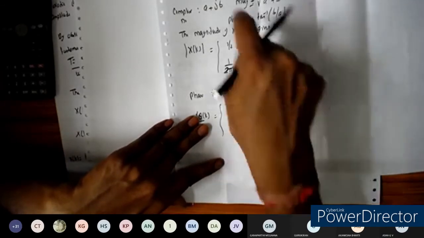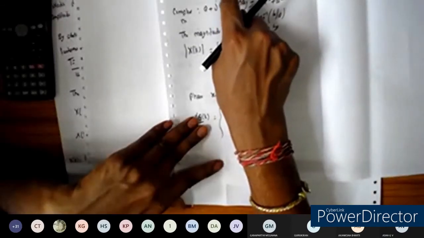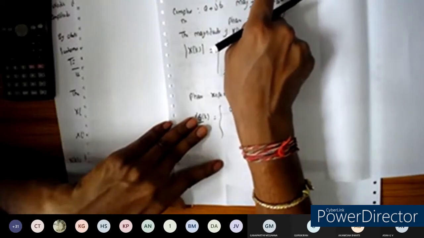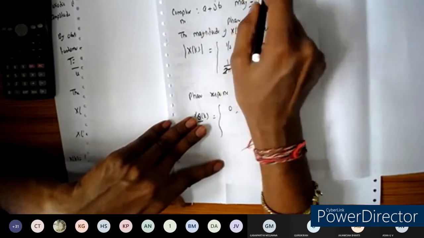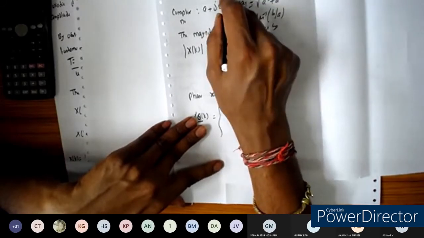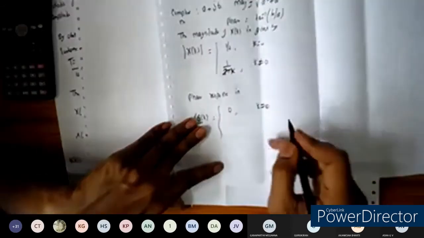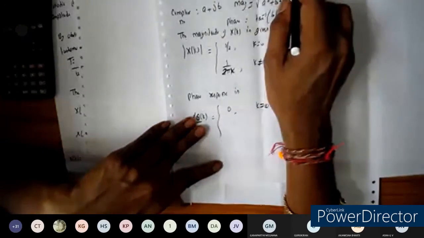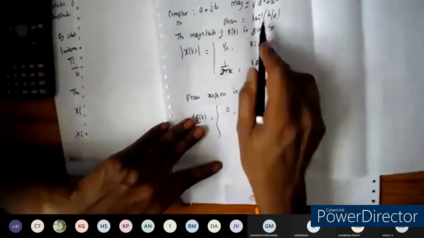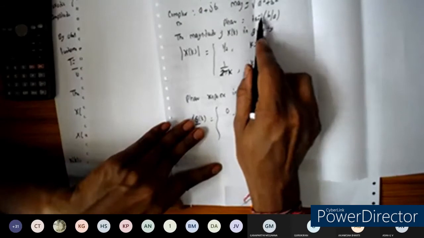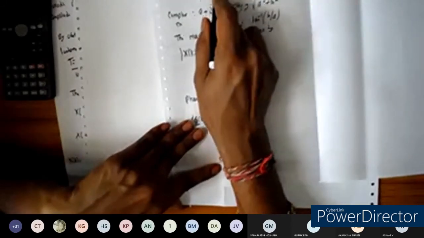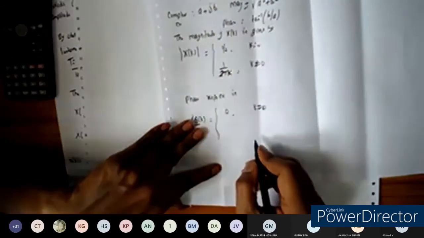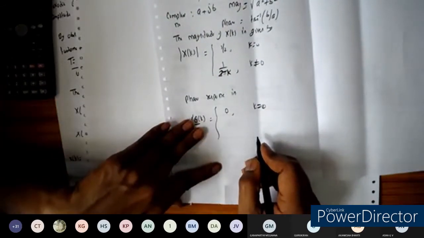So next one we have j2 pi k. For k not equal to 0, we are going to have the j2 pi k. So we need to consider k greater than 0 and k less than 0. For k greater than 0, tan inverse of the imaginary part divided by the real part. The imaginary part is positive, divided by the real part, which is nothing but 0 because you don't have any real part here. So it will become tan inverse of infinity. How much will that be equal to?